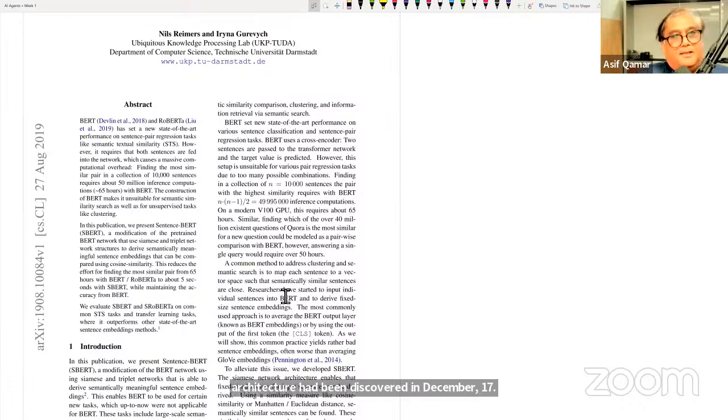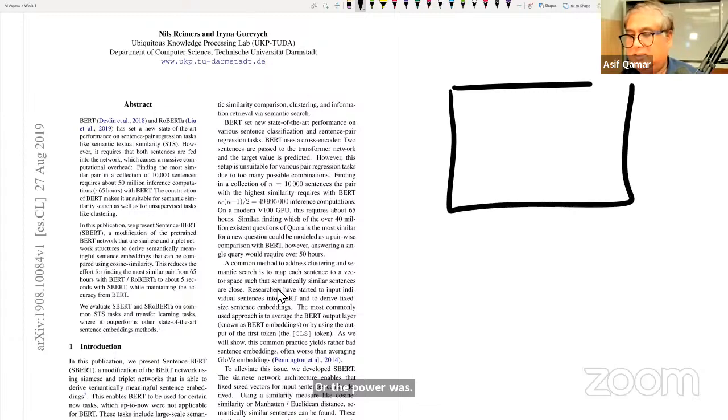BERT, and I'll explain what BERT is. I sort of explained it as the box through which vectors go in and embeddings come out, had been discovered. I'll tell you a little bit about BERT. The power of BERT was, let me just say,